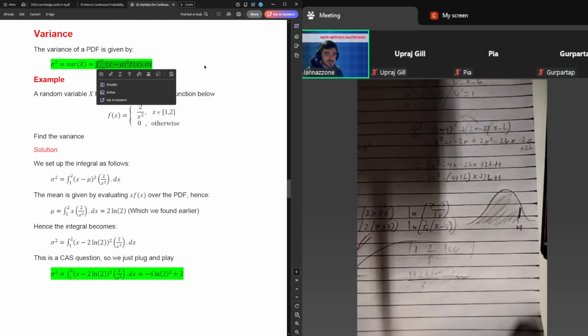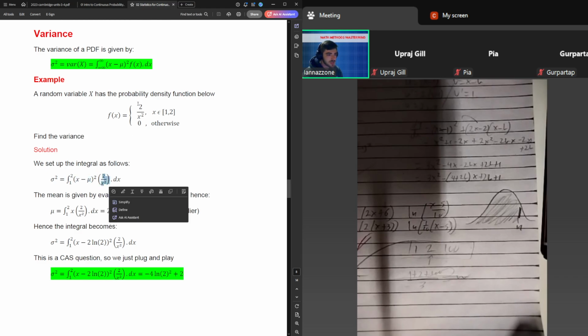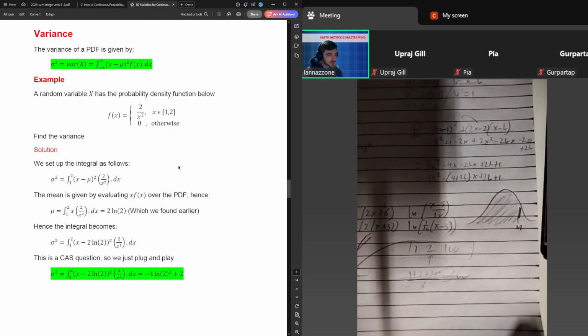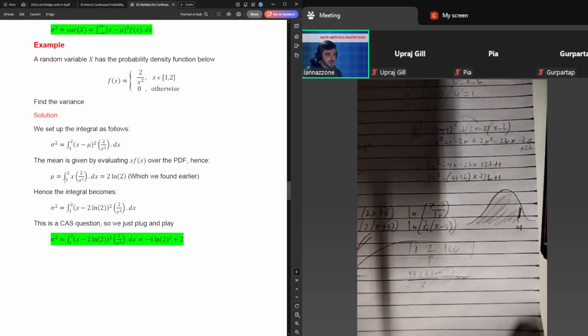Worth again pointing out, this is on your formula sheet. You don't have to have this memorized. So let's say you want to do the variance of this equation. First up, set up the integral. So x minus mean all squared, and then you put the f of x in that spot. To get this mean value, you just go back to when we were doing E of x, which is just x times f of x. So instead of putting all this at the front of f, you just put x at the front of f. Over the same domain,